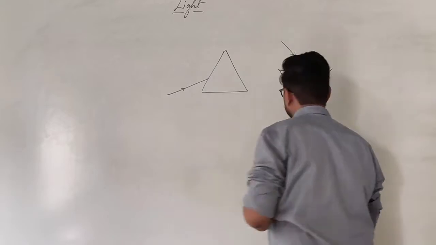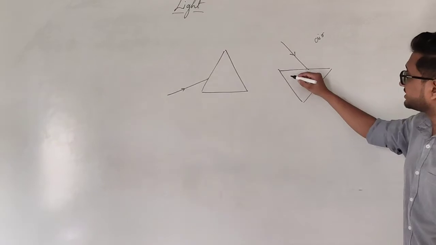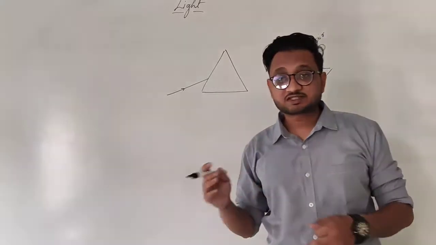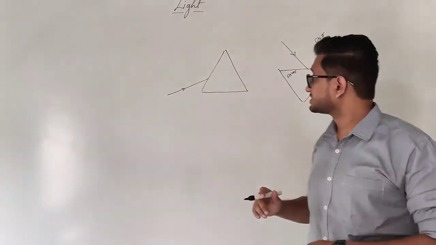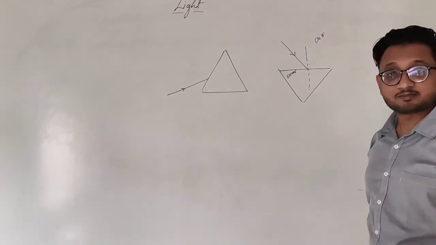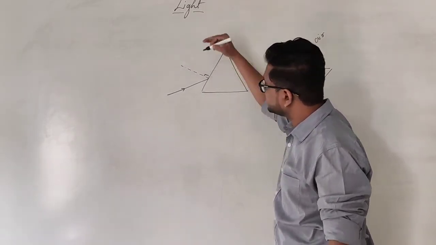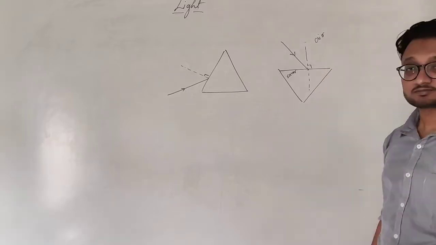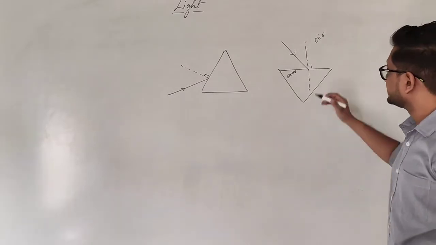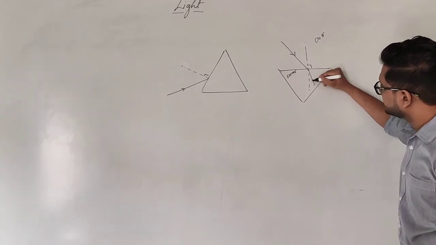So we know what happens in a glass slab. This is our air medium, that is a rarer medium, and this is a denser medium, because this is a solid surface, and therefore when it enters from a rarer medium to a denser medium, it bends towards the normal. So on this surface we have a normal like this. Over here also I can draw a normal like this, at 90 degrees as well. This is the same case, we are just observing it in this way. Now this is a normal, so it bends towards the normal like this, and it will go this way.